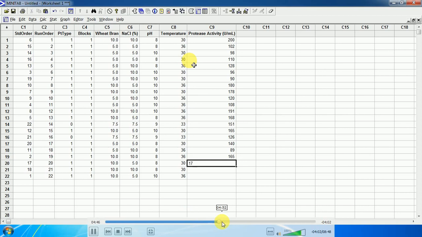Suppose in number 20 it is 173 units per ml, and in 21 it is 189, 22 it is 193 units per ml. Then we will select.